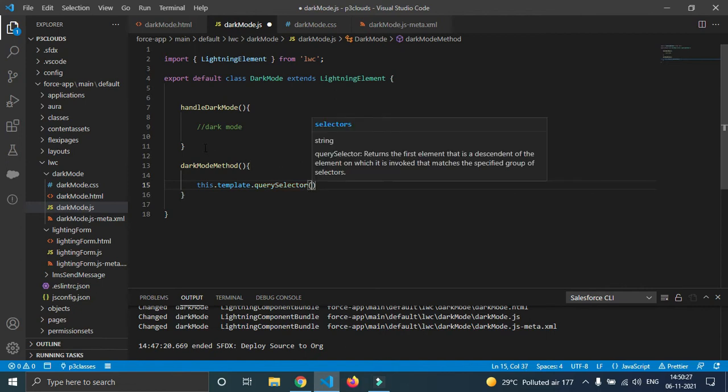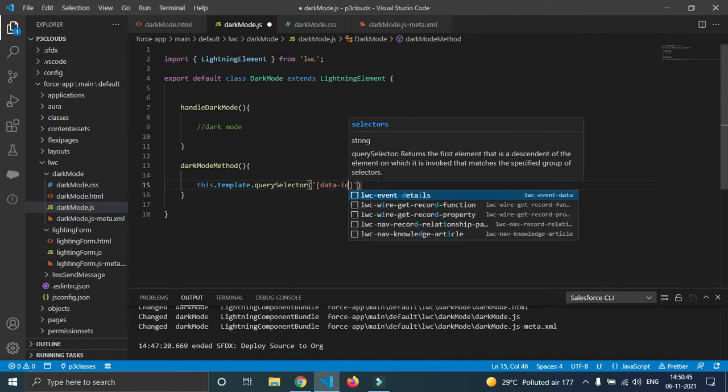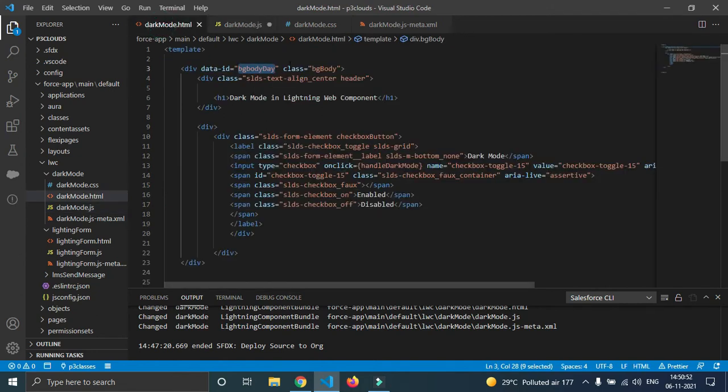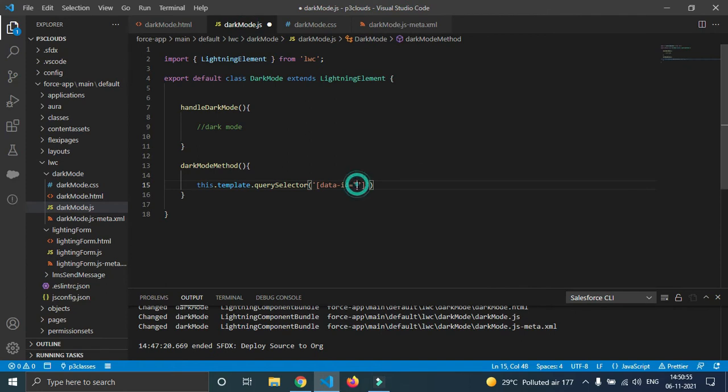Okay, so this is how you can write it in Salesforce to get the reference of your data ID. To get the reference, you can write something like this: data-id equals whatever ID you have defined. So what ID have I defined? I have defined this ID. So what it is going to do, it will get